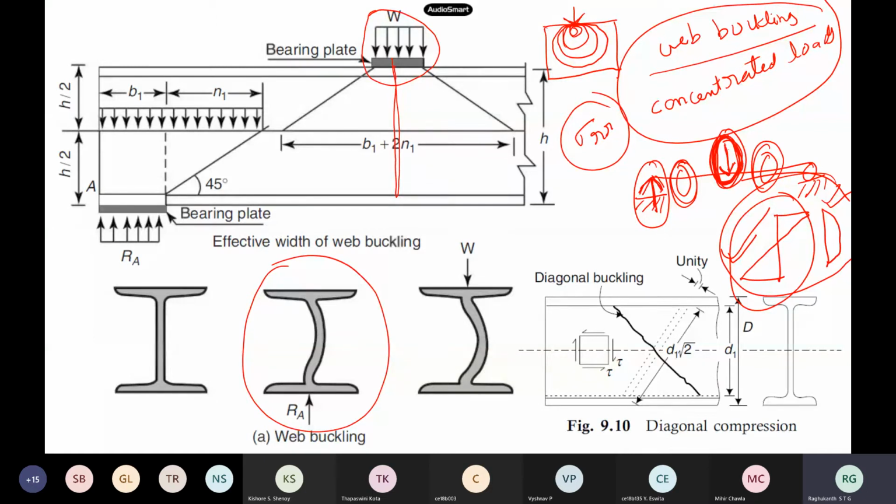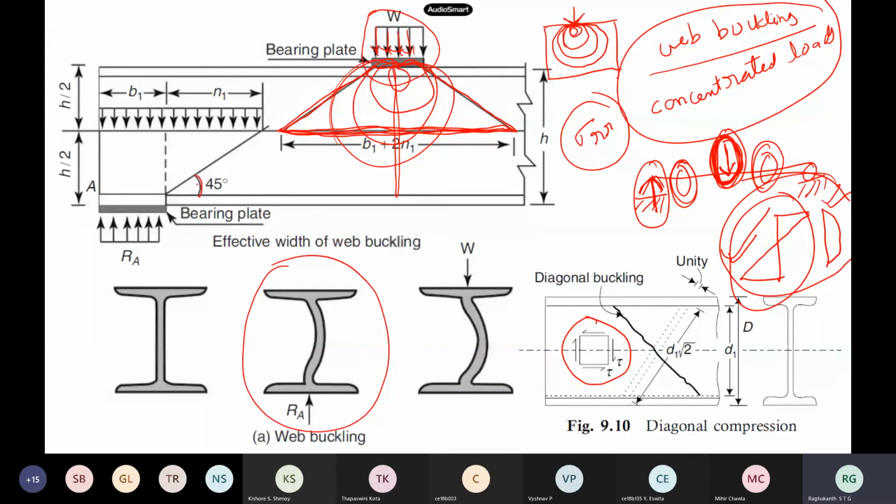Generally in steel design, some empirical formulas have been given. What they say is, if this is a concentrated load, the stress distribution will follow like this. This region you have to take, that is a diagonal, basically. This is the most important thing for our analysis. This portion you can take here is at the diagonal, because at the diagonal the shear stress will be maximum. If this portion is less than the Euler buckling load or whatever, then it will not buckle. But if it is more than that, then there is a chance of web buckling.